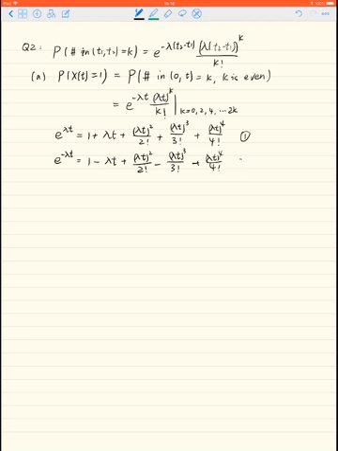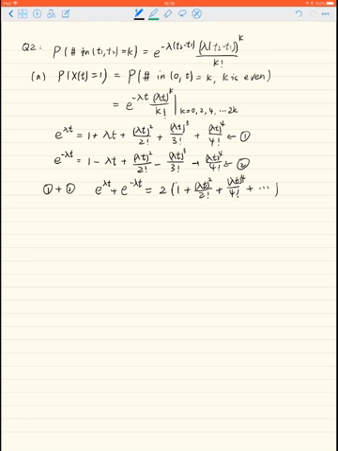In this case, we call this equation 1 and this equation 2. When we add these two equations, we have e to the power of lambda t plus e to the power of minus lambda t simply equals 2 times